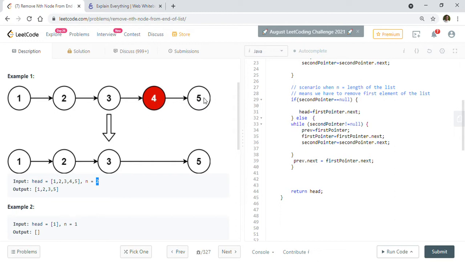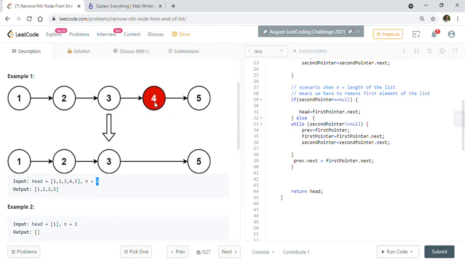So 5 is the end and 4 is the second node from the end. So we have to remove 4. For the next of 3 we have to put 5, so 4 is removed in that way.